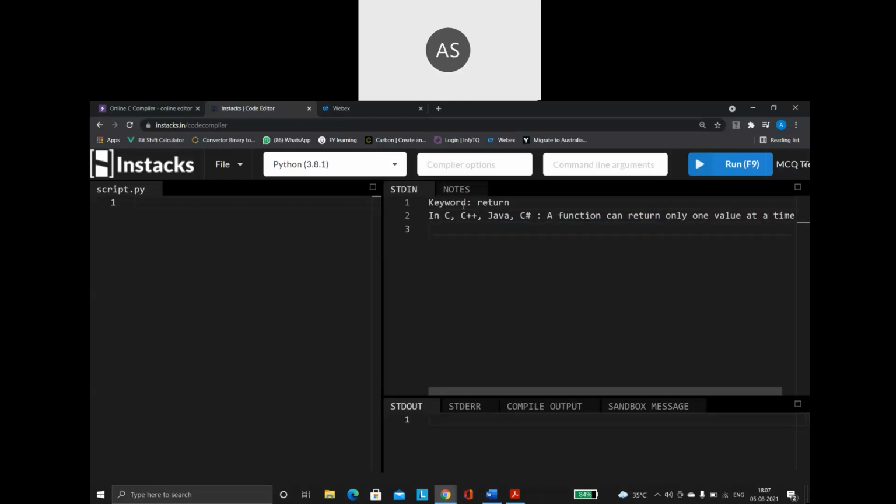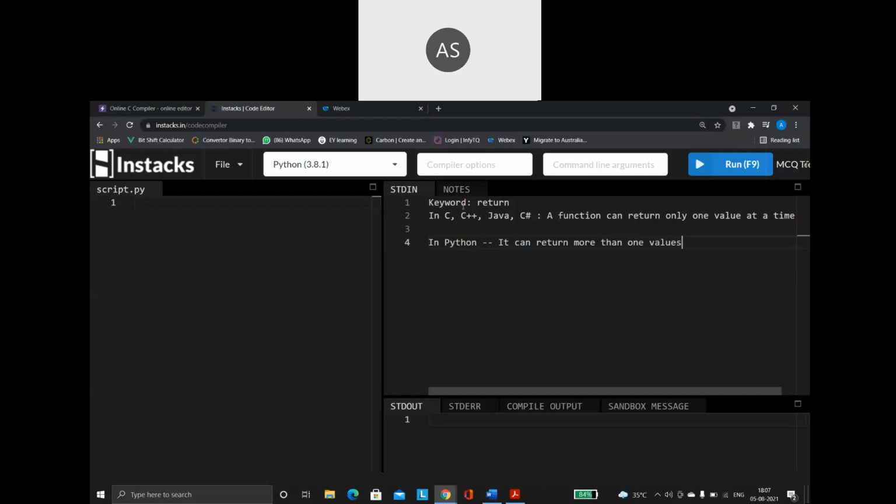But in Python, we have an advantage. In Python, a function can return more than one value.